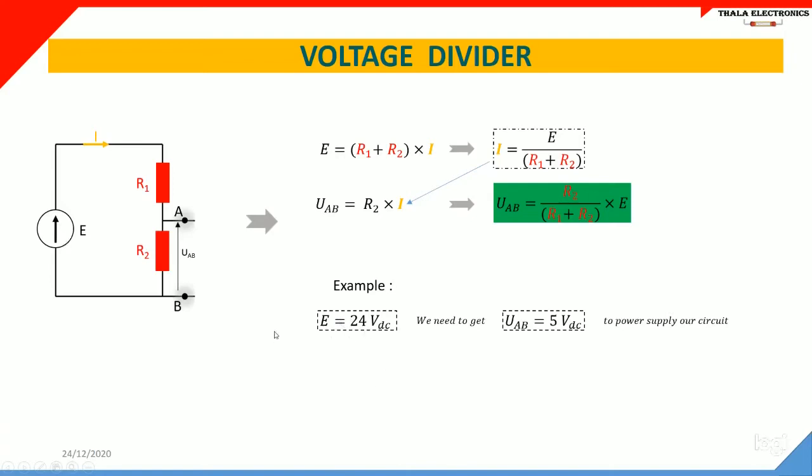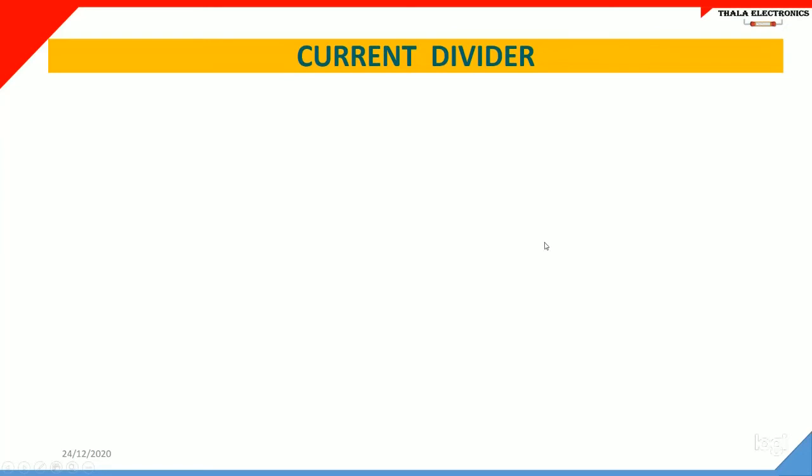If our source equals 20 volts DC, and we need to fix our output to 5 volts in order to power our circuit, let's say maybe our microcontroller, first of all we need to fix R1. Let's say R1 equals 12 kilo. Okay, R2 now equals 3.16 kilo. It's so easy to use this formula. No miracles.